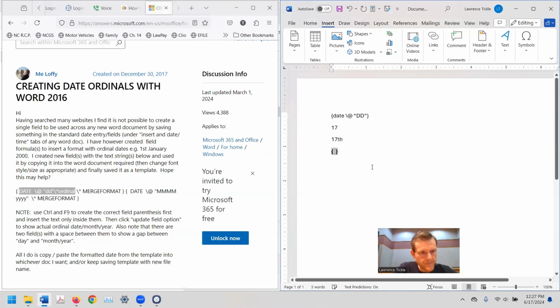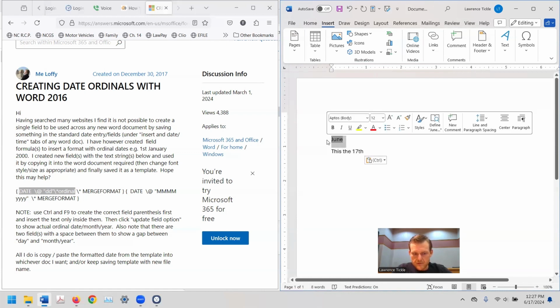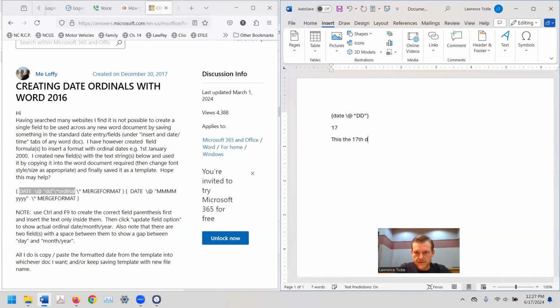Control F9. Backslash at, space, quotation mark, quotation mark. June. Okay, cool. So now we copy that. I'm going to cut it actually and bring it there. June, cut view, 17th day of June,